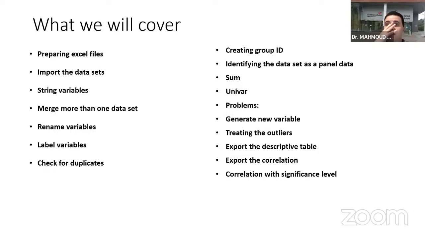Let's say you download data from Bloomberg as a database, and after 1 week you download another variable from Datastream, other variables from Audit Analytics, another variable from BoardEx. For example, the governance variables are not available on Bloomberg, so I download them from BoardEx, but in my study I need to put these two data sets together. So we will learn how to merge more than one data set in one Stata file